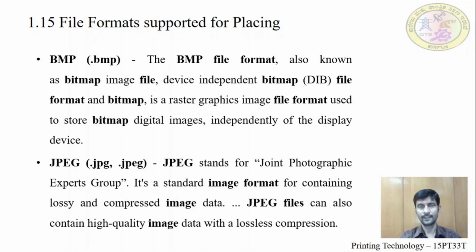Suppose, for example, you create an image of 300 pixels or 600 pixels. When you convert it to JPEG, it compresses the file size at around a 1:10 ratio, so that it can be easily uploaded in any application or even web applications. Because of that, it is commonly used in internet applications.